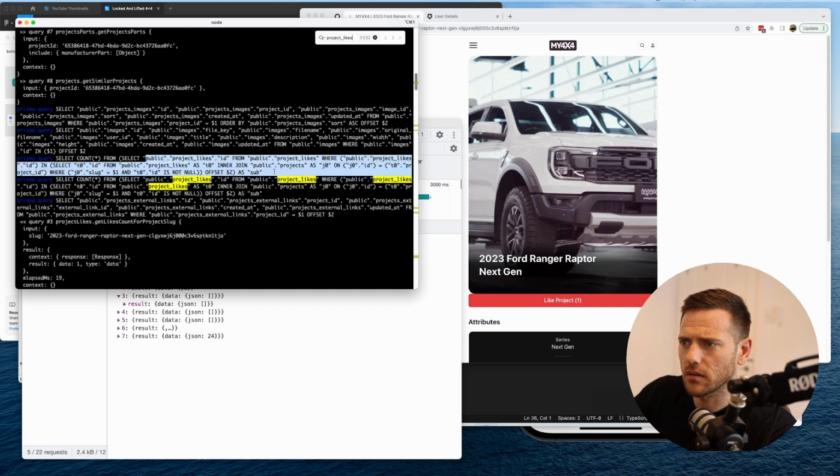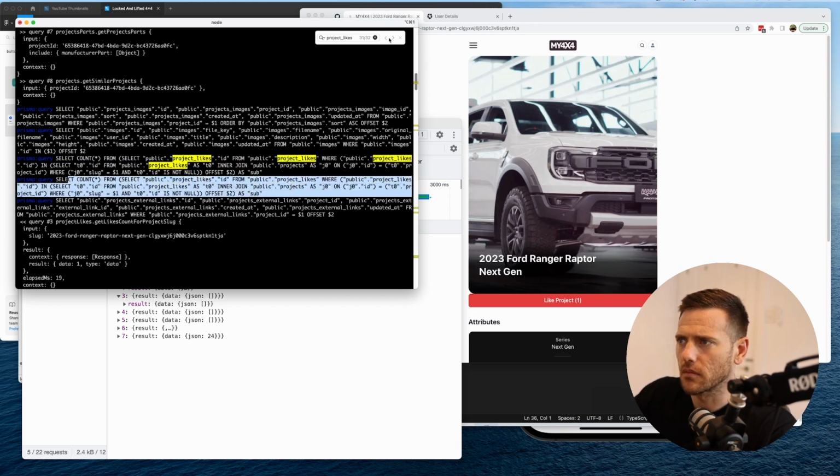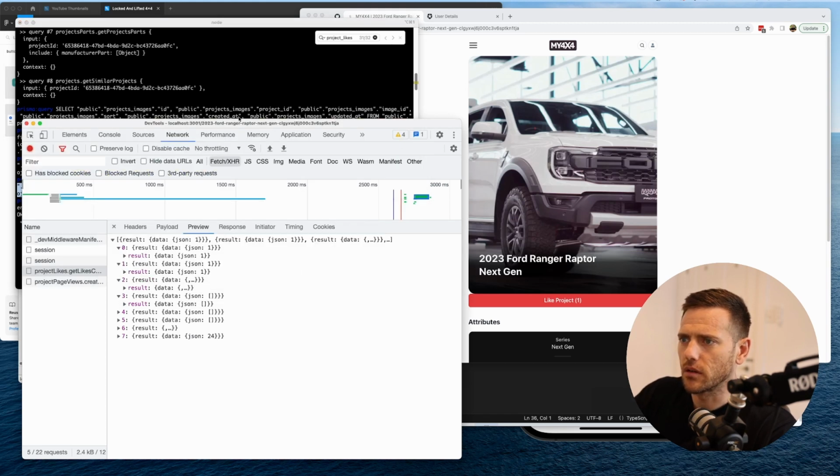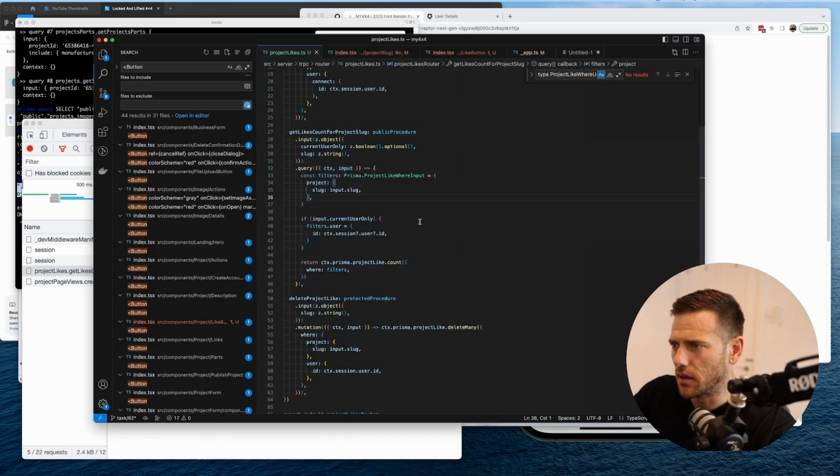Select count. Project likes, where project like inner join projects, and you can see there's no inner join on users. Same thing here. So that is showing us that it's not working. So what we can do is, if there's no user ID,